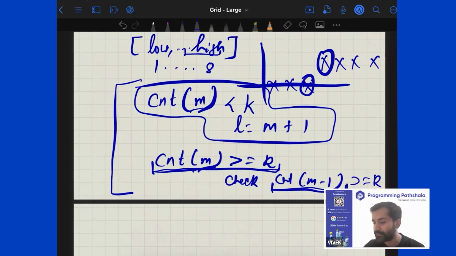I'll show you a dry run of it, and then it'll make lots and lots of sense. But before that, is the logic clear? How many of you kind of got the logic? How did this emerge? Okay, let's look at a dry run and it will reinforce everything that we have